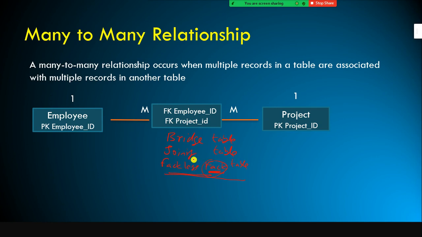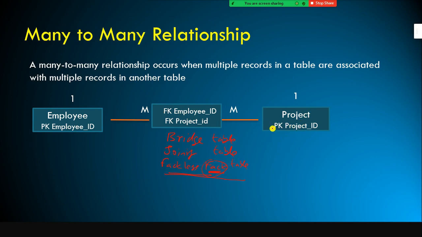Now the question is, why should I use the bridge table? We use this bridge table or joining table to capture every instance of employee and project. See, here you have the employee table, and here you have the details of all the projects.